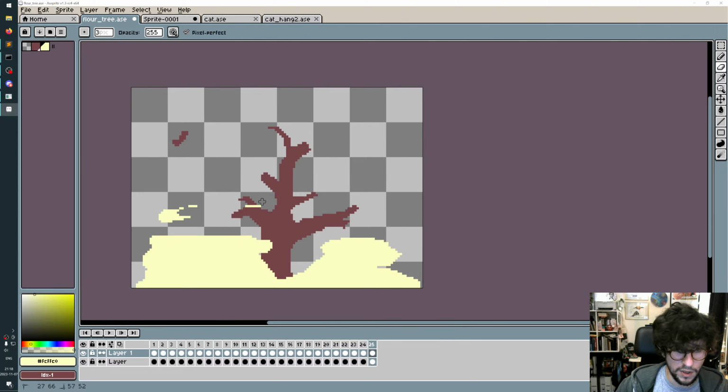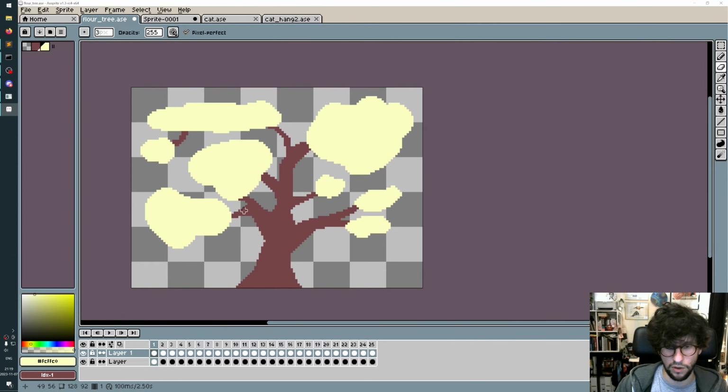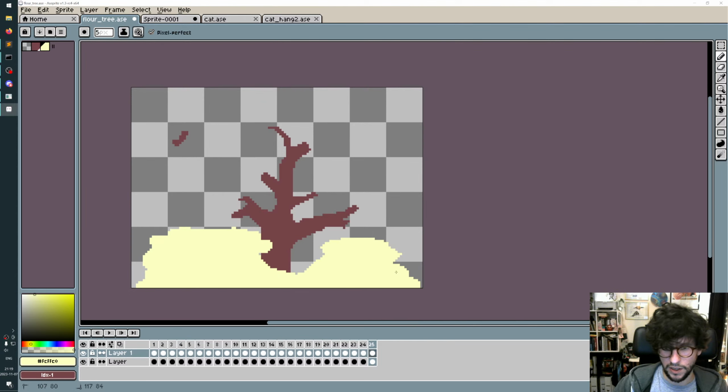I also don't support right now selective speed ups. What I mean by that is in Aseprite you could set different frame times per frame. Currently all my animations must have, it's this speed, this animation, all of the frames pass. I should probably make it so that I can import